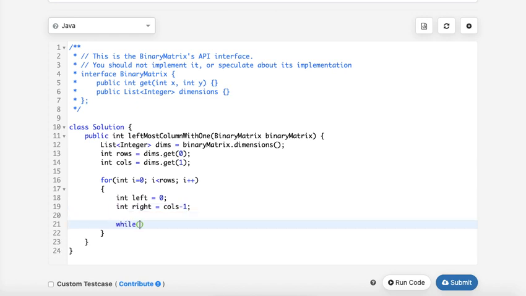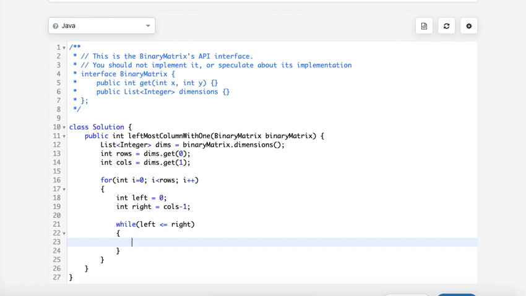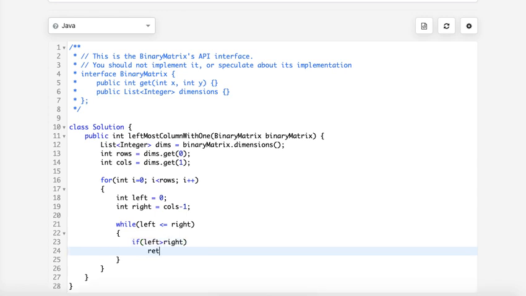And this is a standard binary search. So if left is greater, then I should break.